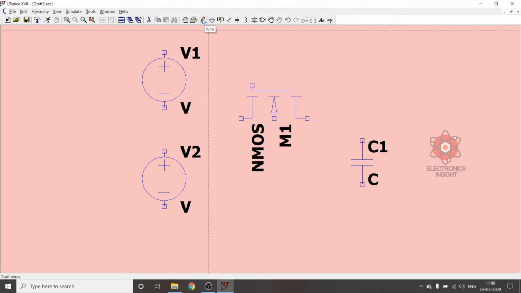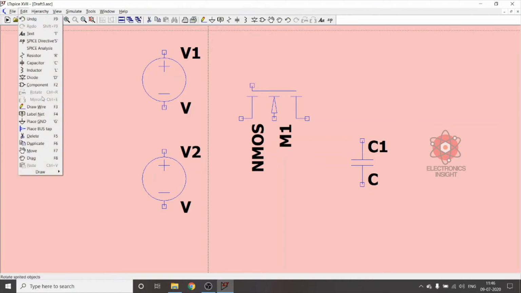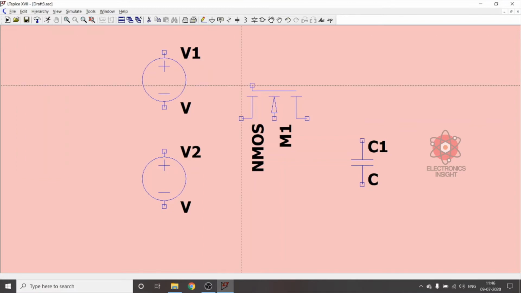Then we need to connect. This pencil symbol indicates the wire, or you can even go for edit and use the shortcut F3. Pressing F3 will also give you the draw wire option. So now I'll click this wire option.